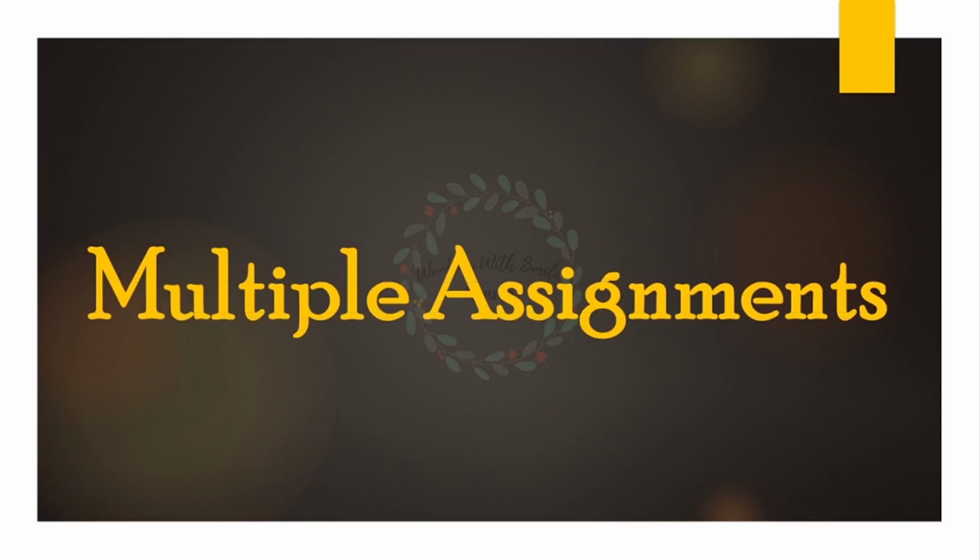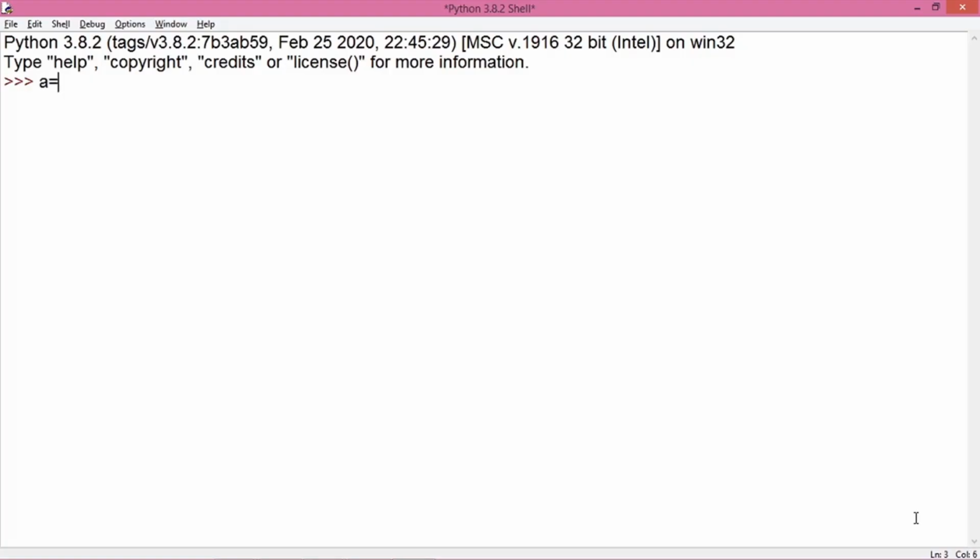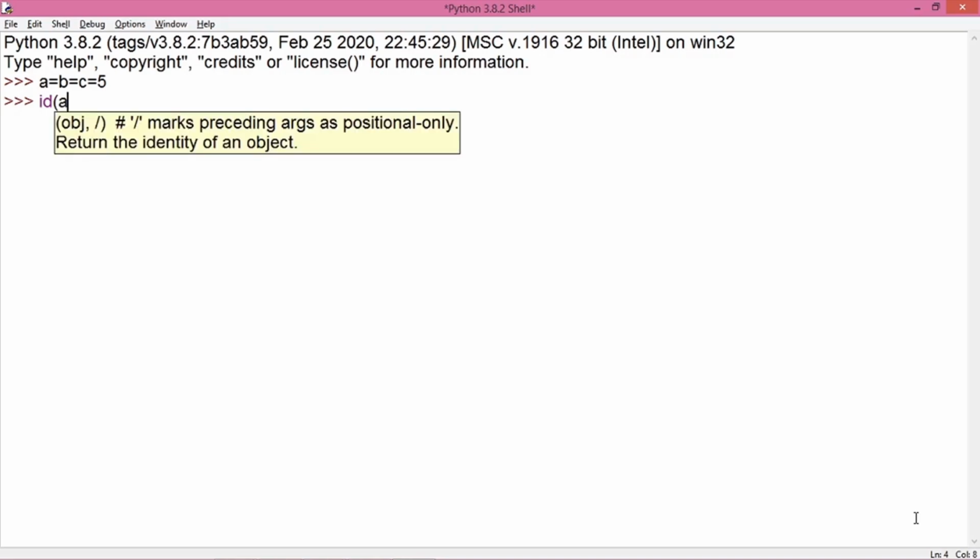In Python, we can perform multiple assignments in two ways. This can be done by writing multiple variables, each separated with the equal to operator, and you assign one value to this. In this case, all these three variables A, B and C are assigned the same value, which is 5. So now let's see whether they all have access to the same memory location or not. For this, I'm using my ID function.